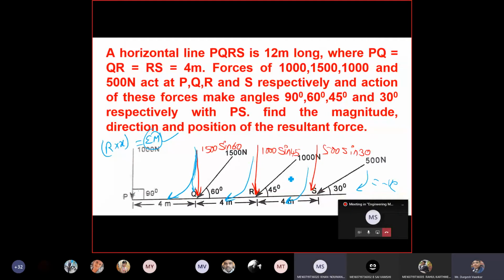Now my question is, see, the resultant force, how much have we got? Tell me the resultant force value. 3764.95, very good. At which point is this force acting? We have to find the distance. We cannot say directly. It may be acting somewhere on that plane, the PQRS plane. This resultant force we got, this theta value also we got.